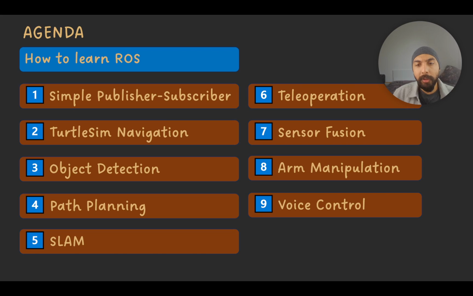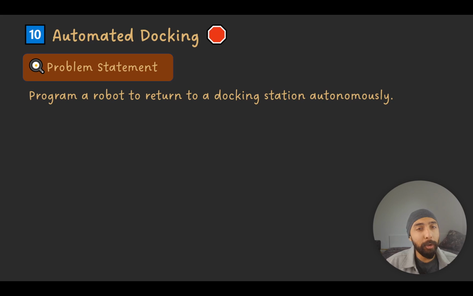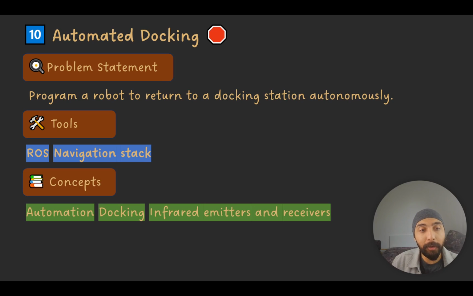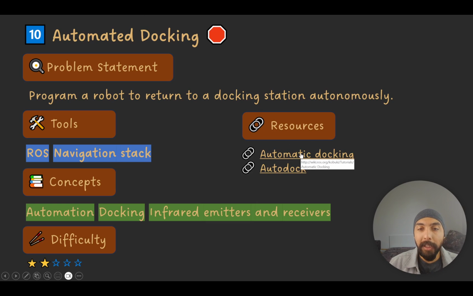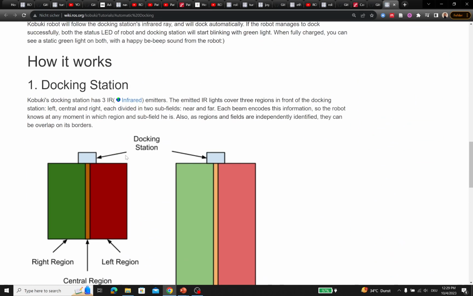So moving on to the next and the last project, that is automated docking, and you need to program a robot to return to a docking station autonomously, and you would be using tools such as ROS and the navigation stack. You would be able to learn concepts such as automation, docking, infrared emitters and receivers, and the difficulty level is also 2 in this case, and this is a nice resource on ROS Wiki with a lot of even